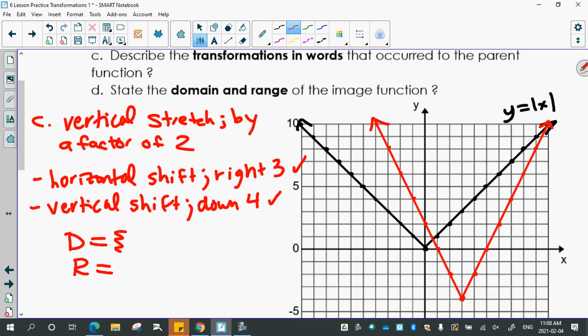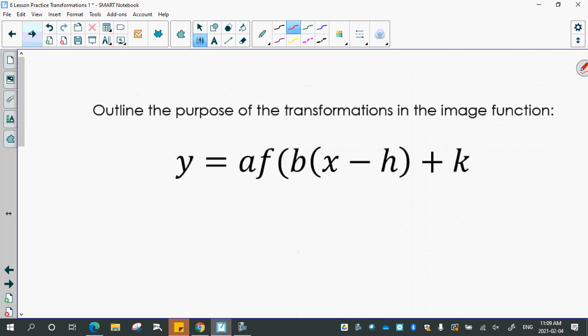Joanne, did you get all real numbers? Okay, what did you get for the range? Y is an element of all real numbers. Yep. And y is greater than or equal to -4. Perfect. Okay? Is the idea of what we're doing here? So we're taking the parent and then we're drawing the image. Okay? All right, and then